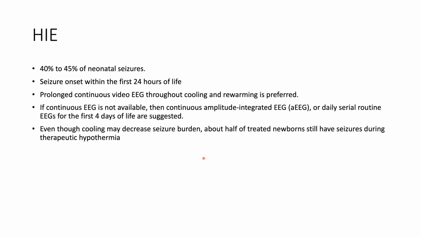So coming to hypoxic ischemic encephalopathy. In the next few slides, I'll be discussing all the causes one by one briefly. It accounts for around 50% of neonatal seizures. Seizure onset is within the first 24 hours of life. Usually, we do not get seizures due to hypoxic ischemic encephalopathy after the first 1 or 2 days. If you get that, then probably you're dealing with something else, or there is some other factor contributing to seizures during that period. For example, sepsis, meningitis, or hypoglycemia, hypocalcemia, anything like that, right?